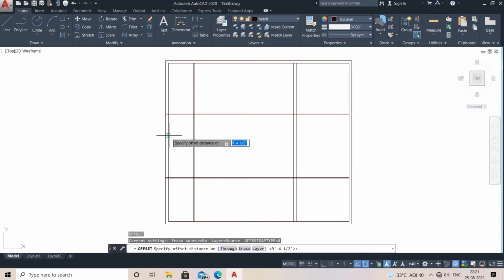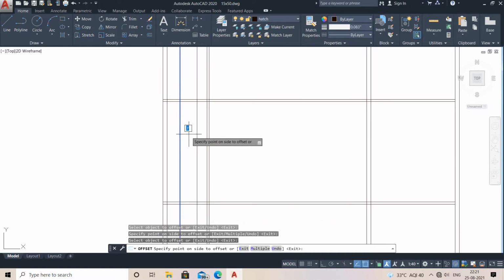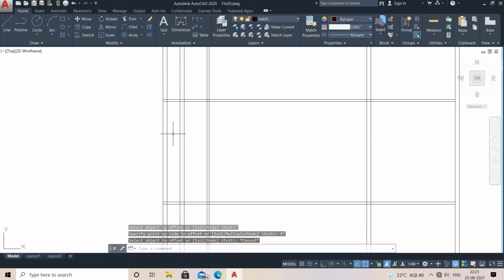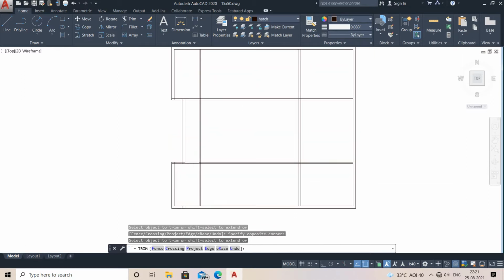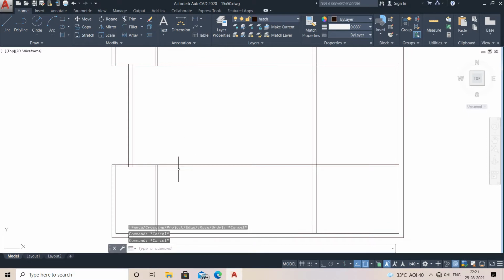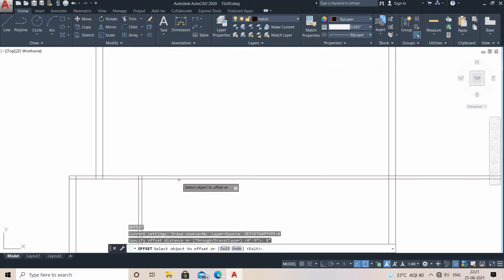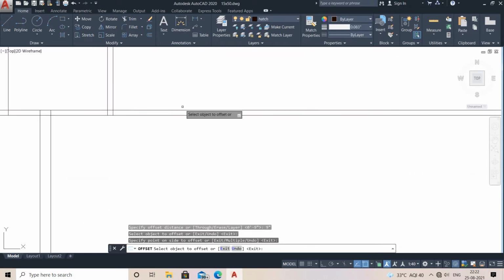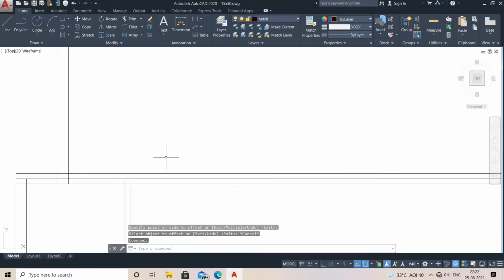So I'm doing the same thing over here also: 3 feet from this outer line and 9 inches from the inner line. After that I'm going to trim this also, as well as this. Now what I need to do, see, this also comes as the outer part, so make it 9 inches, not 4.5 or 5 inches. It is a 2-brick wall. So this also, just remove it.